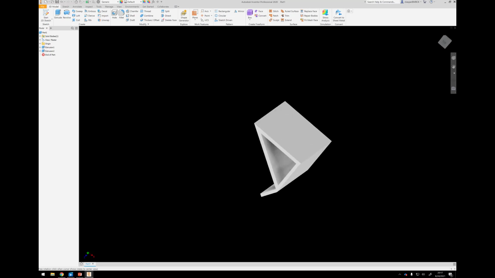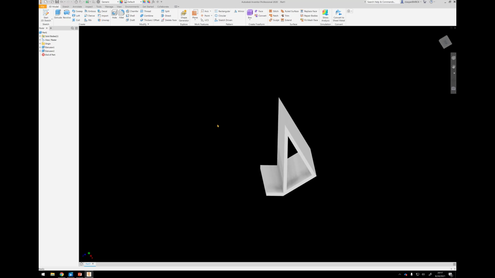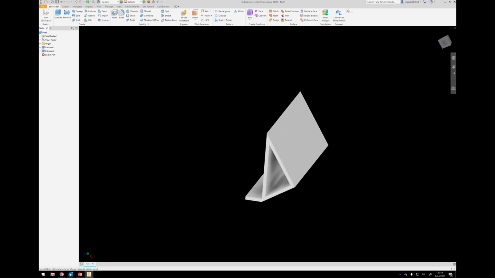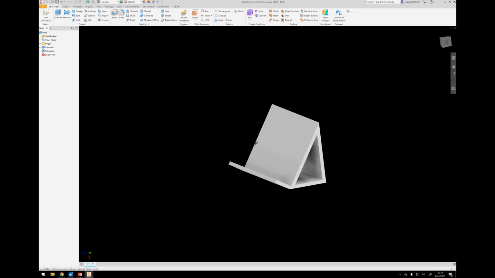Now, just as a reminder how I'm rotating this, if you take and hold down the Shift key on the left side of the keyboard, I'm assuming you're right-handed here. If you are left-handed, you do the opposite. So you hold down the Shift key with one hand, push down on the mouse wheel with the other, and you can start moving the mouse left and right, up and down, and it will rotate until you let go of the mouse wheel and the Shift key,